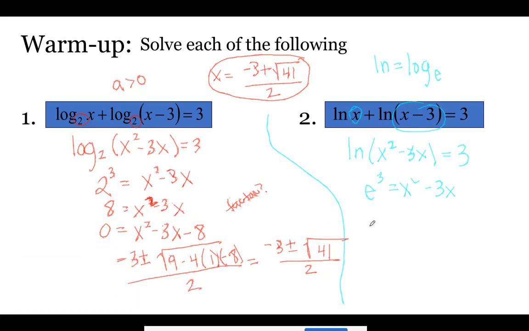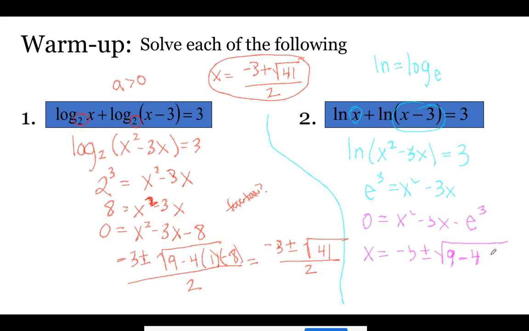So I'm just going to leave it, and then I'm going to go about it in the same exact process I went about the other one. So 0 equals x squared minus 3x minus e to the third. And then I'm going to do the quadratic formula. So x is going to equal -3 plus or minus the square root of b squared, so 9 minus